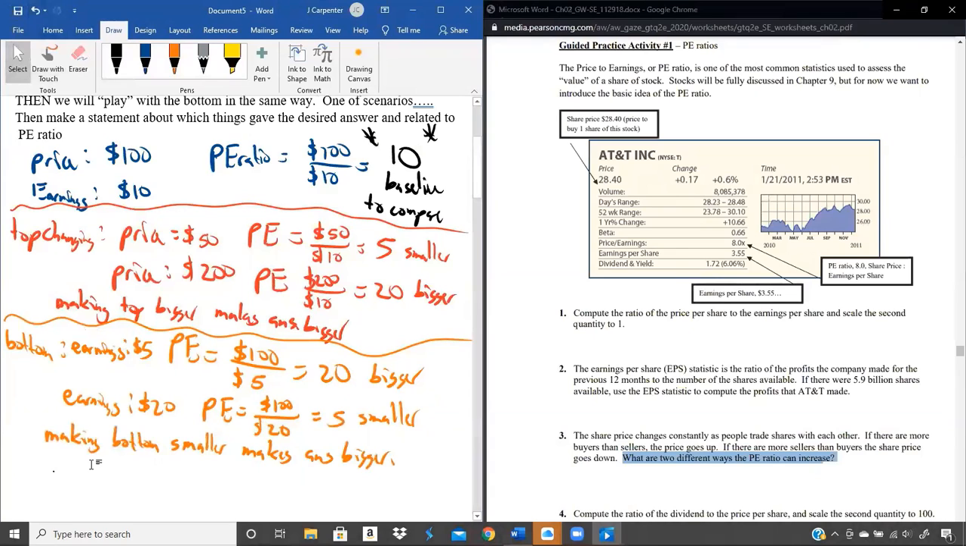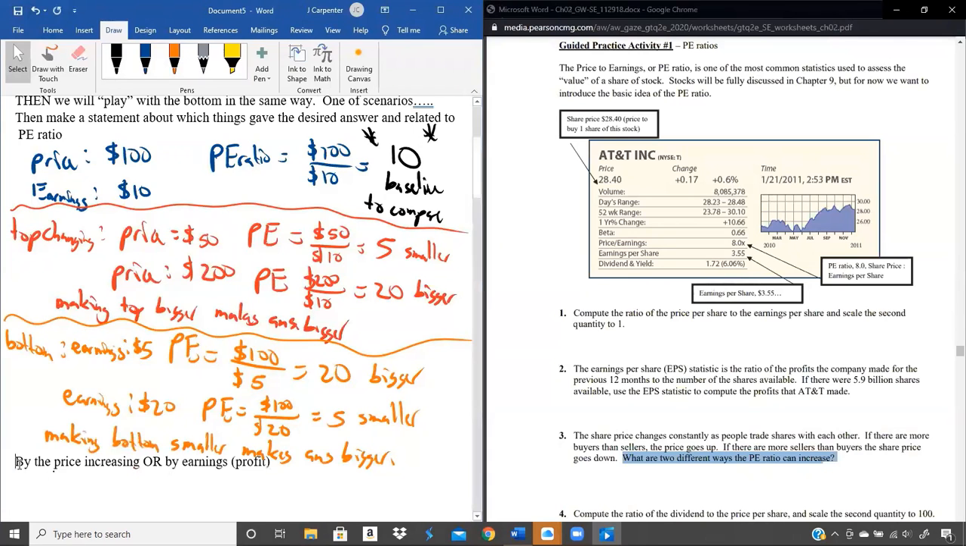Instead of saying by making the top bigger, what was the top? It was the price. And we're not just going to say by making the price bigger, we're going to say by the price increasing. That would make the PE ratio bigger. That's one scenario. Or the other way this could happen is by making the bottom, which we call earnings, or by the earnings, aka profit,